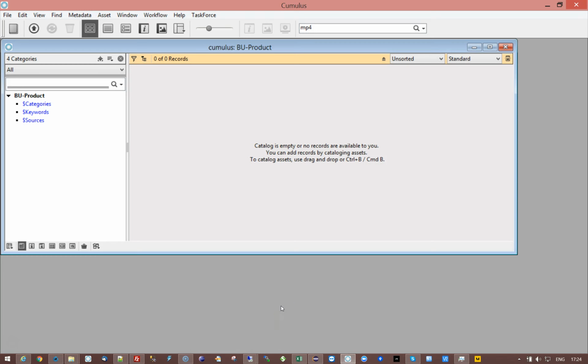Imagine that you have a catalog and every new record that gets cataloged needs to get some initial values. You could use formula fields or default values, etc. in Cumulus, but imagine that the default value or the initial value needs to be something calculated. Well, let's say as an example, I want to set a UUID to a certain field. Well, in that case,